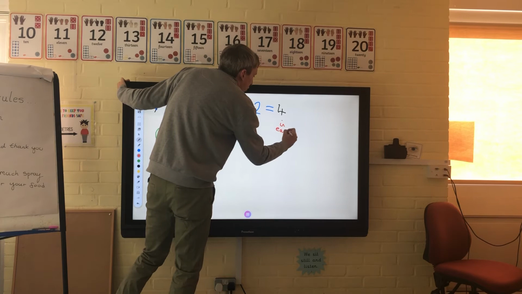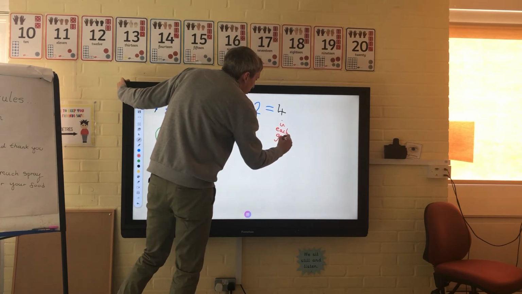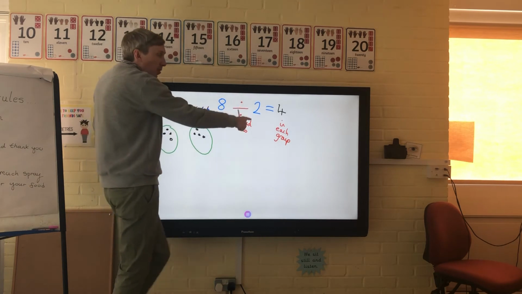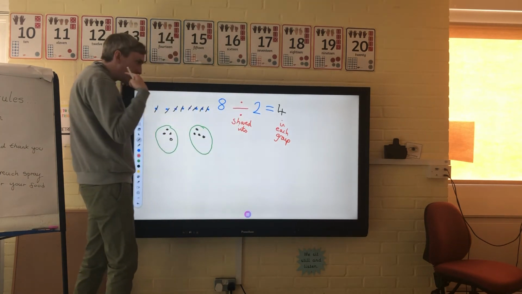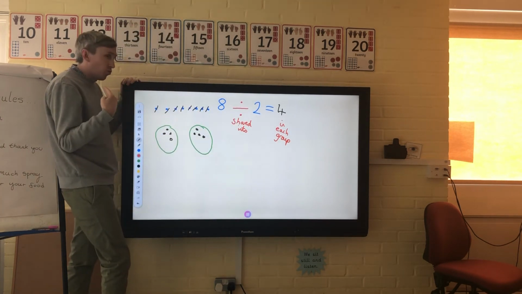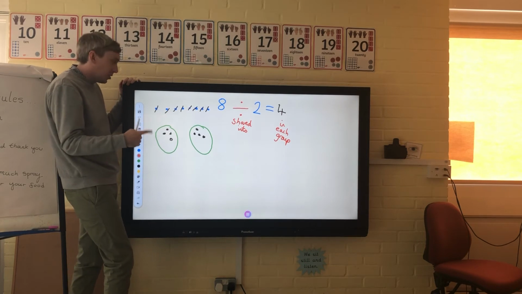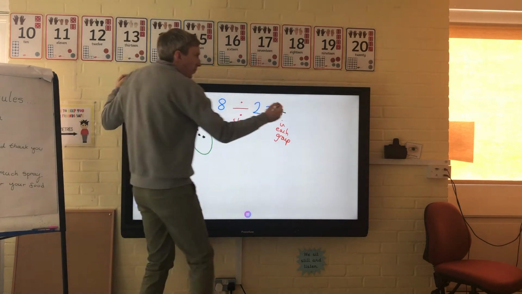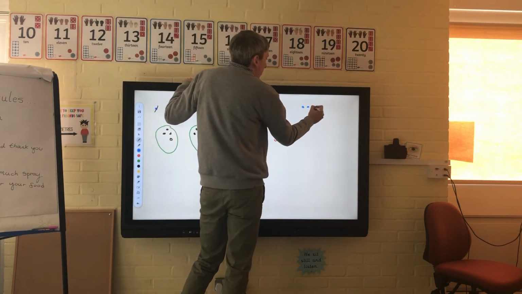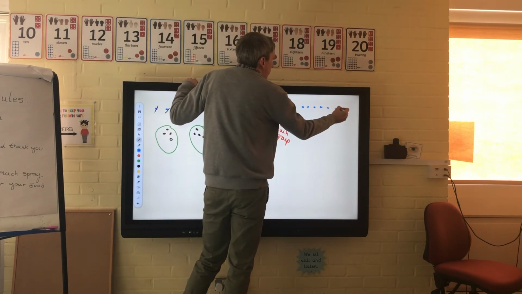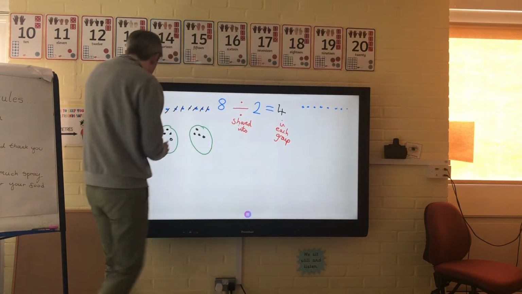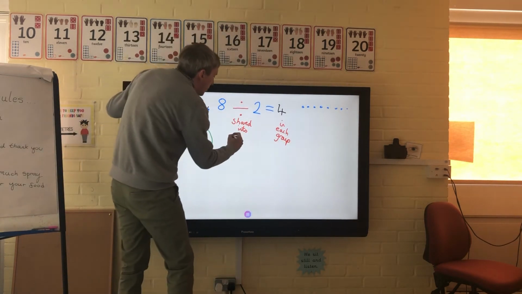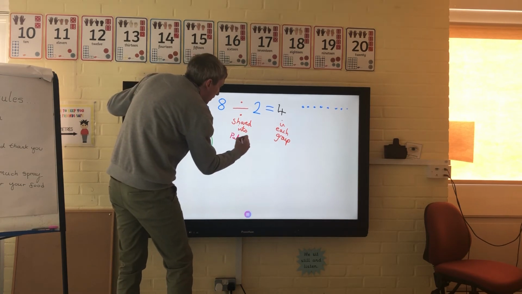So now though, we can show you that it means the same to put them into groups. Okay, so so far we've done 8 shared into 2 equal groups, there are 4 in each group. So now though, we can start using the word groups. Okay, into groups of. So let's draw some more. So I need 8 more again, so we'll do it on this side this time. 1, 2, 3, 4, 5, 6, 7, 8. So I've got 8, and I'm going to use a different colour just to show you. Rather than shared into, we're going to say put into